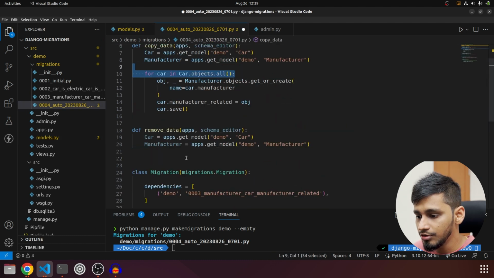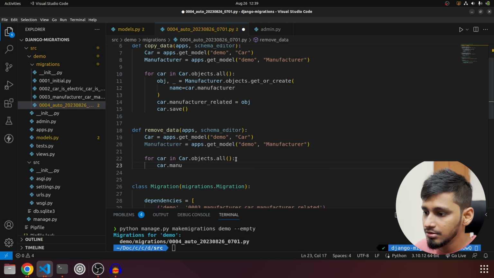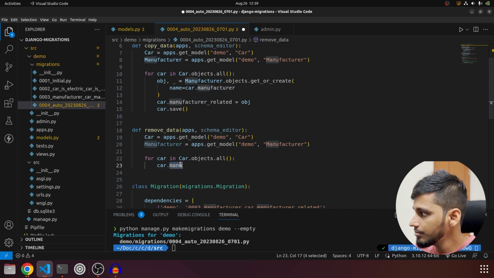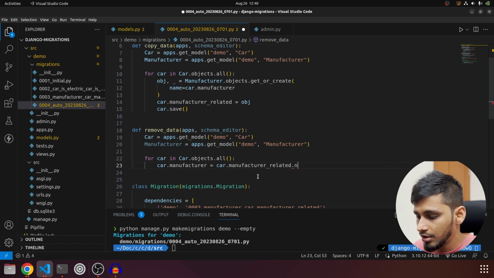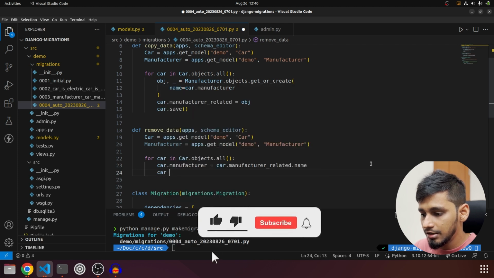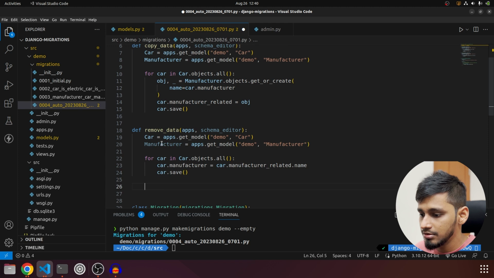So I want the for loop, I'm going to copy paste it, and then car.manufacturer equals car.manufacturer_related.name. We can access that over here, and we will say car.save, and then finally delete all the manufacturers. So Manufacturer.objects.delete.